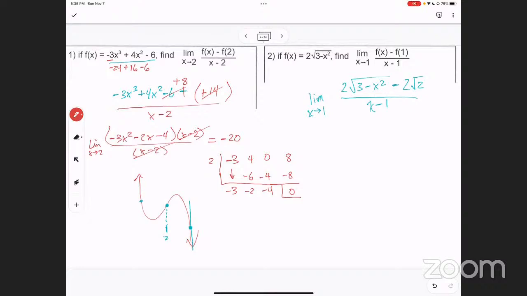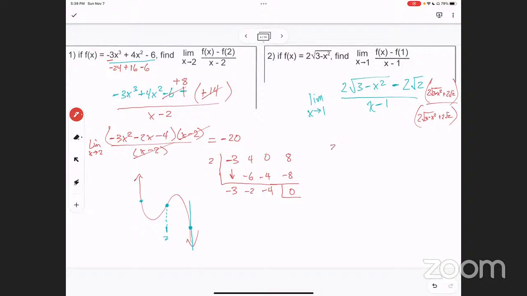Let's multiply this by, remember that trick you just reminded me of? The conjugate. Yeah, we're going to multiply by the conjugate, which I'll go ahead and write up here: 2 root 3 minus x squared plus 2 root 2. Yep. 2 root 3 minus x squared plus 2 root 2. And when I do that,